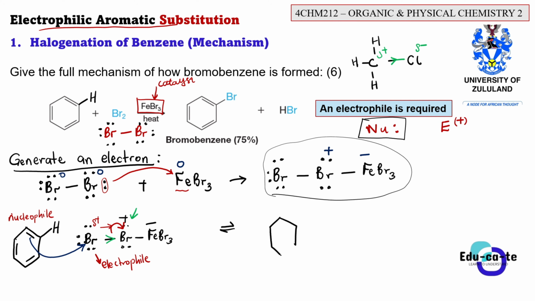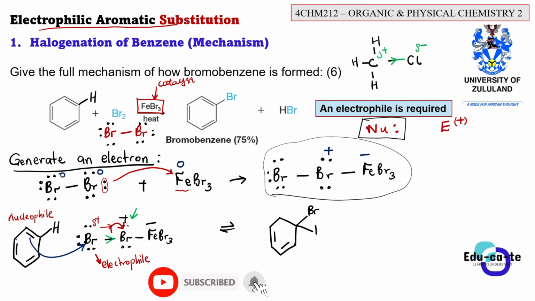This is your benzene ring, but it now has a Br, because here it had hydrogen, right? There's no double bond anymore. Remember that we break the double bond and we use its electrons to bond with this Br. So now we'll have a Br. But here remember that we still have a hydrogen.